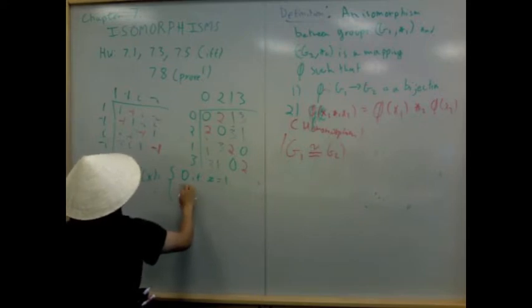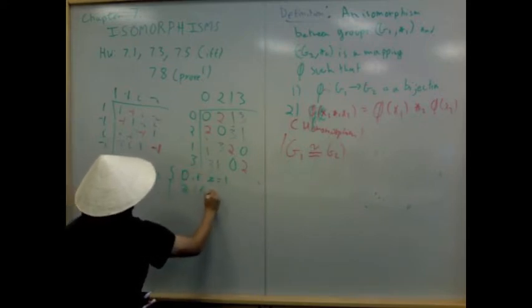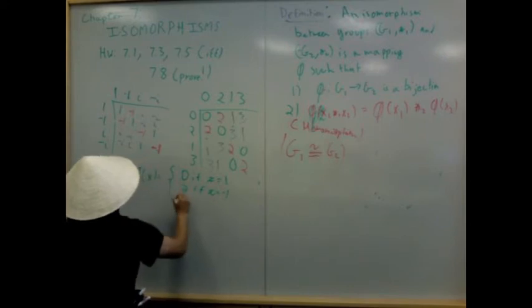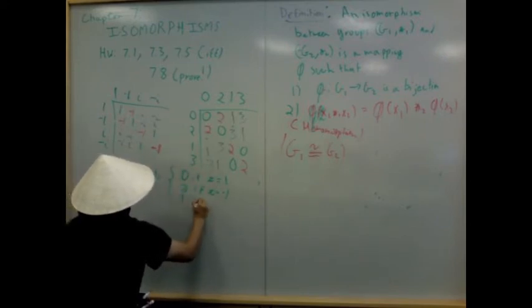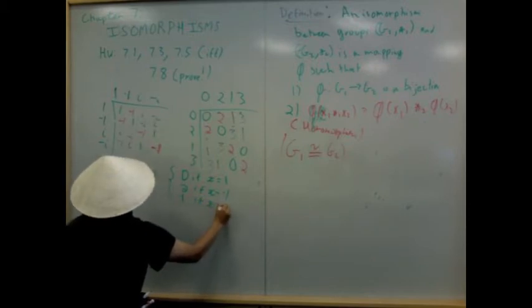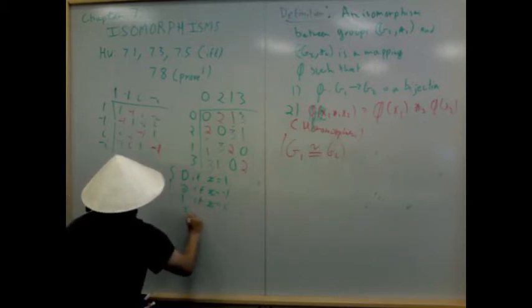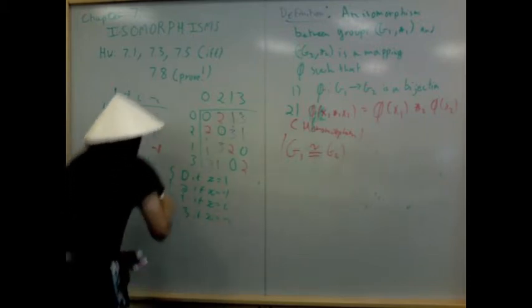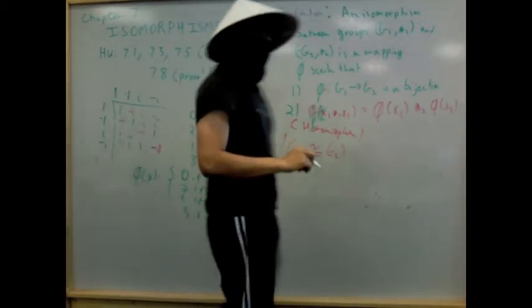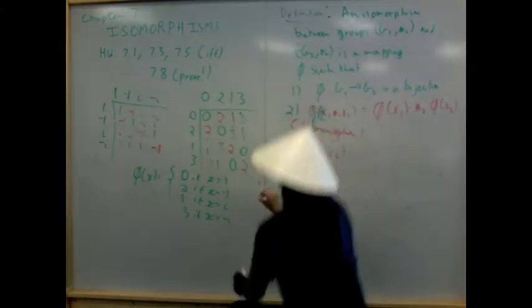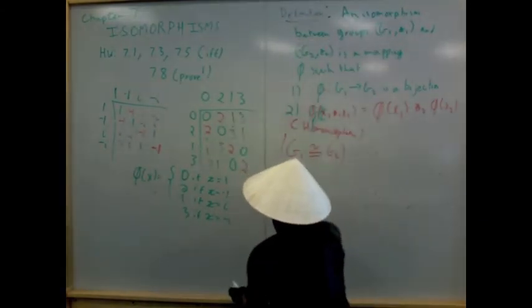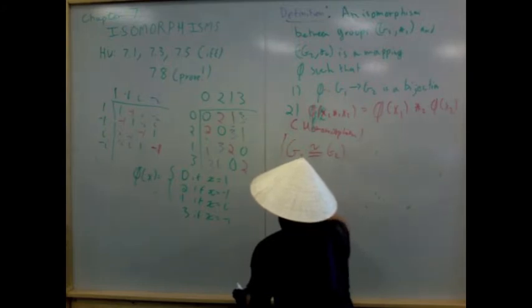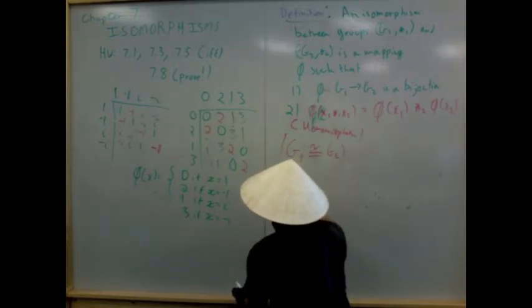Reattach it. If x equals negative 1, the other is to remove everything on 1 first. If x equals i, and once you remove everything, if x equals negative i, what I like to do is just get rid of this line up here. This is a bijection. It is an isomorphism, because it's a bijection and a homomorphism